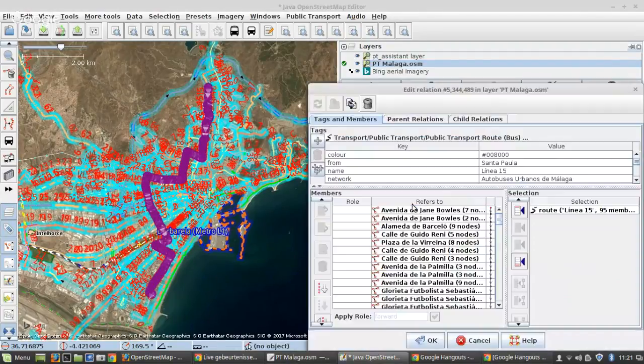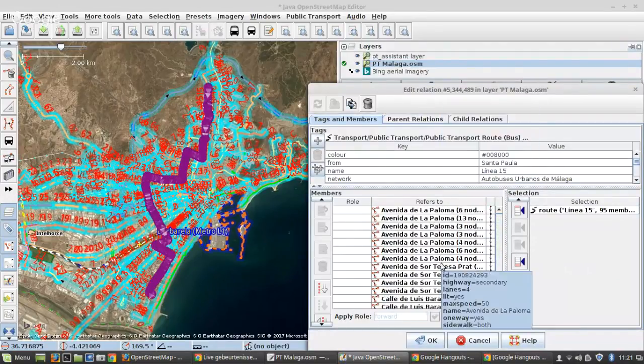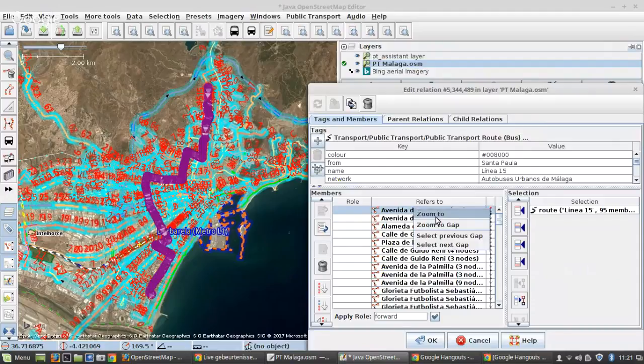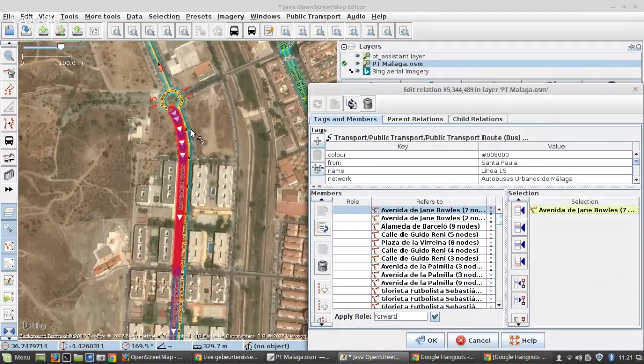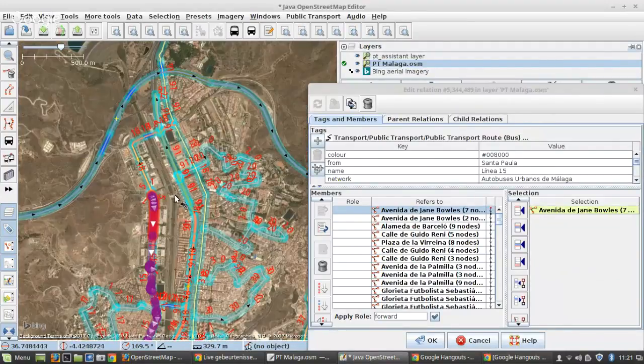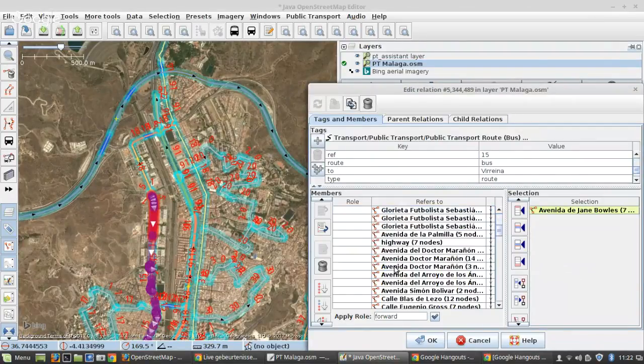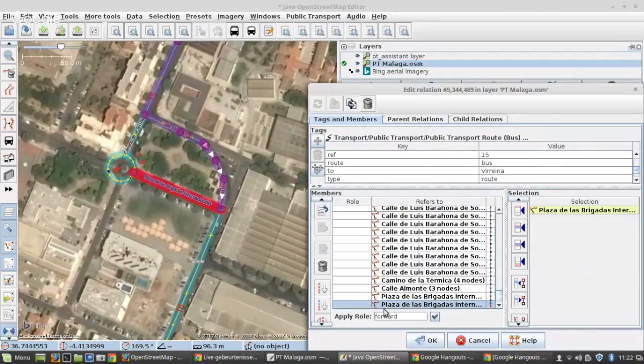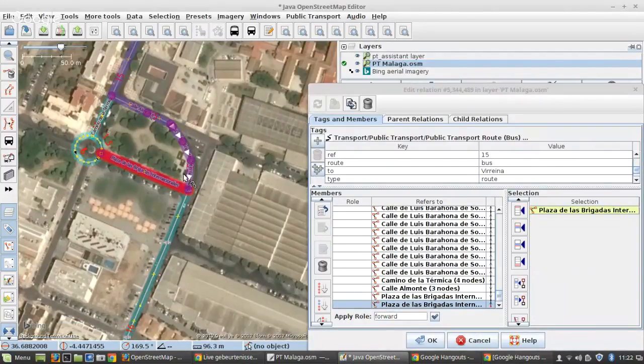I start editing it. I find that this line is already continuous, so that's good. Supposedly it goes from Santa Paula to Birena. Okay. Now, since many route refs are already filled out and